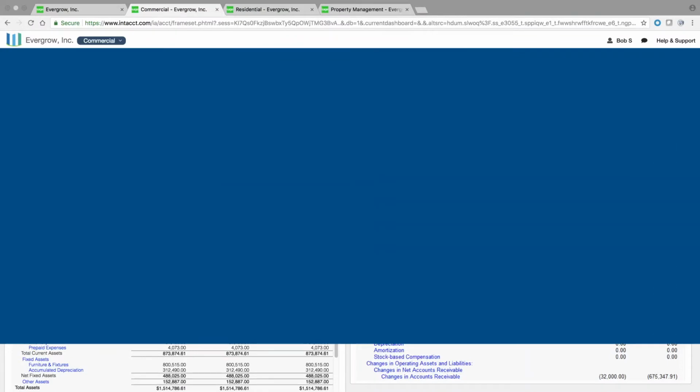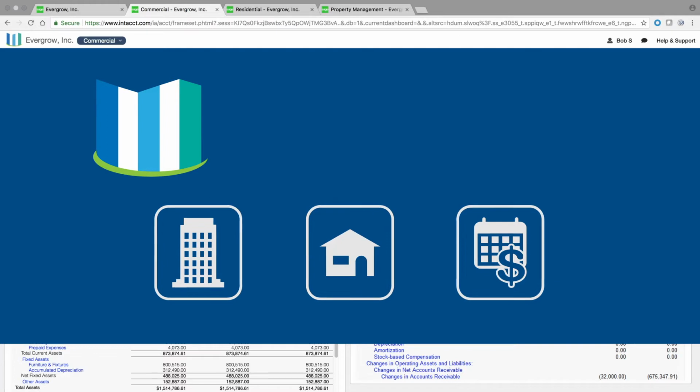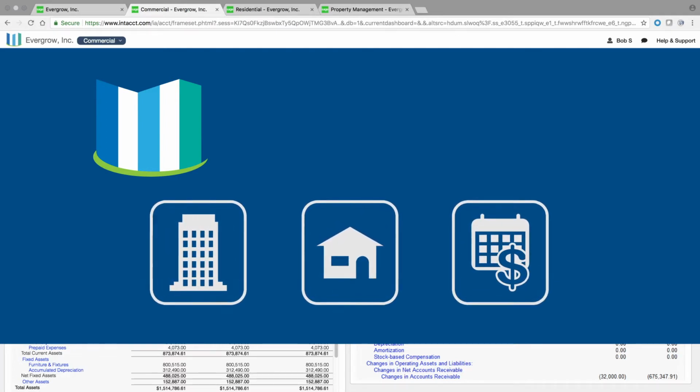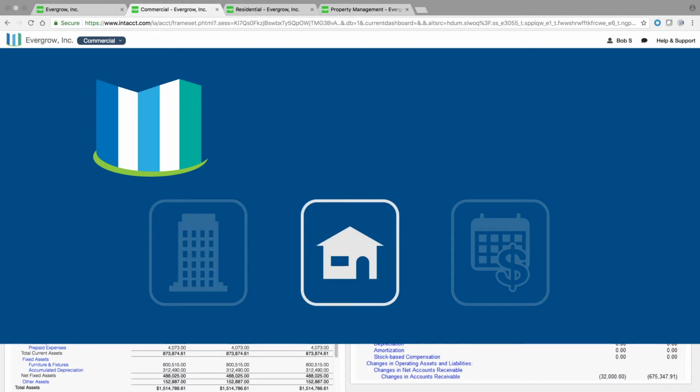The business in this example is a growing real estate company that has multiple offices, dealing with commercial property, residential property, and property management. The tools and processes are equally applicable to a franchise or dental office or any kind of growing business. The managers in each office see just their part of the business. Commercial sees just commercial. Residential sees just residential, and so on, while the CFO and CEO can see information across